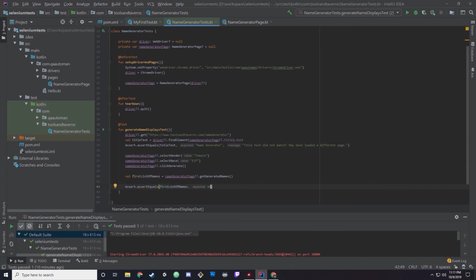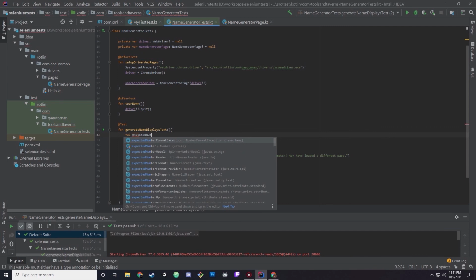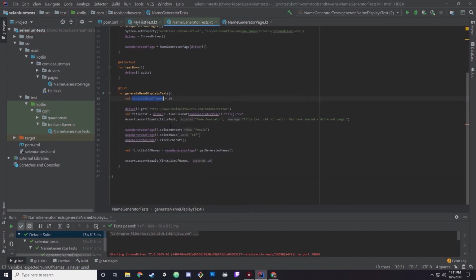equals 10. And maybe somewhere at the top is expected num of names equals 10, and this gives us a value, because if that ever changes, maybe they're going to start producing 15, there you go, all your test data is changed immediately for that test. So it's really nice to put your values up top of the test so people know what's going on. So assert that there are 10